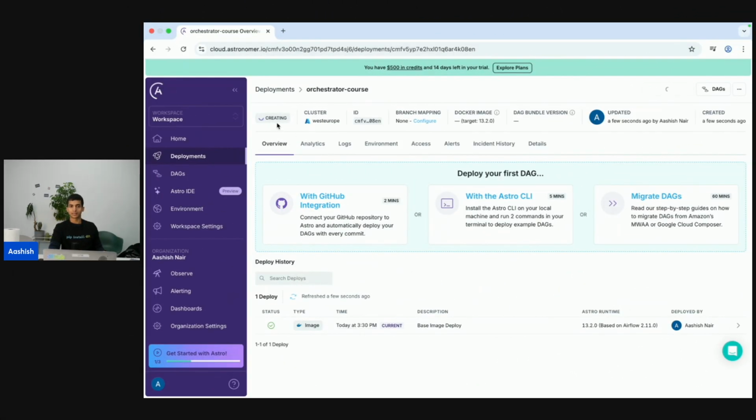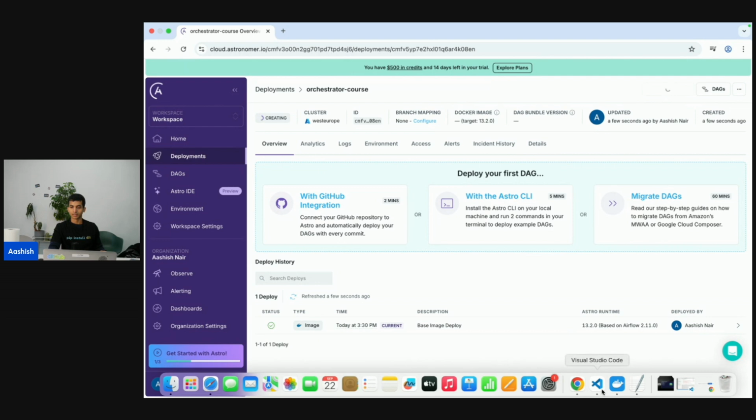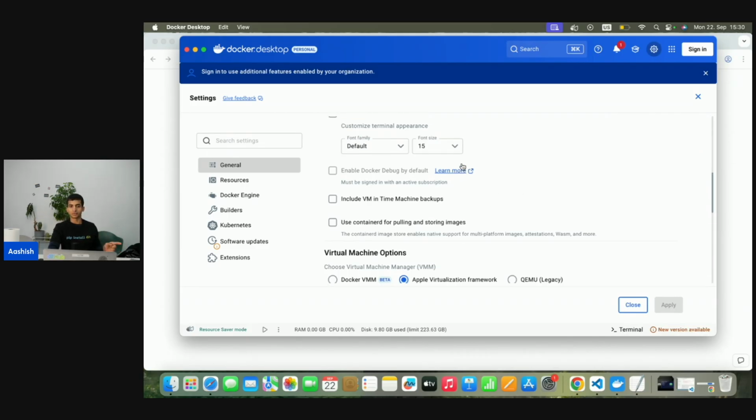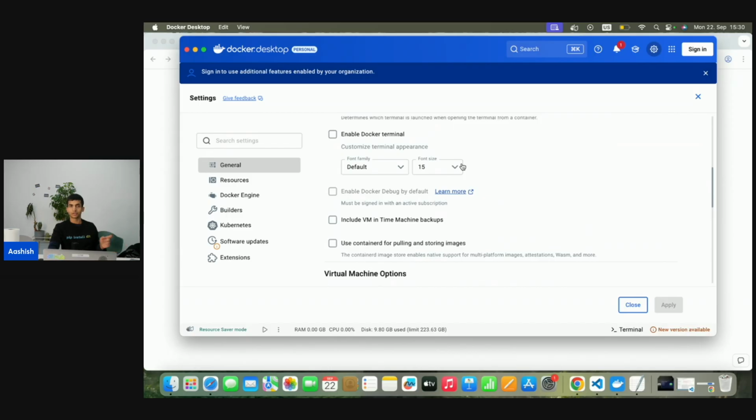While this is loading or creating, I'm going to point out something that's very important, and that is to have your Docker Desktop up and running. So I already have that here. If you recall, your Astronomer is Docker-based, so everything is running in Docker containers. So you will need Docker Desktop. And more importantly, there's one specific setting in Docker Desktop that you have to have configured to make this all